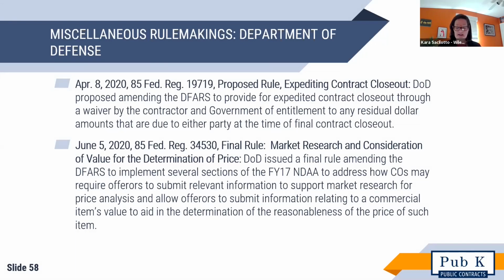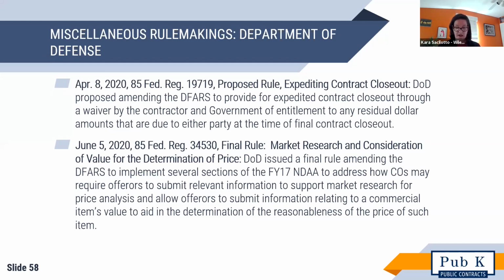So slide 58 is again just a couple of different miscellaneous DoD rulemakings. The first bullet, I don't want to get your hopes up about expedited contract closeouts too much. I would say read the rule. If you have smaller contracts, this may be a rule for you to get your contracts closed out, but it generally allows for closeouts on an expeditious basis if there's a very small amount of money, residual funds on the contract, and both parties say, I don't need that $87, just to make it easier to close out more contracts.